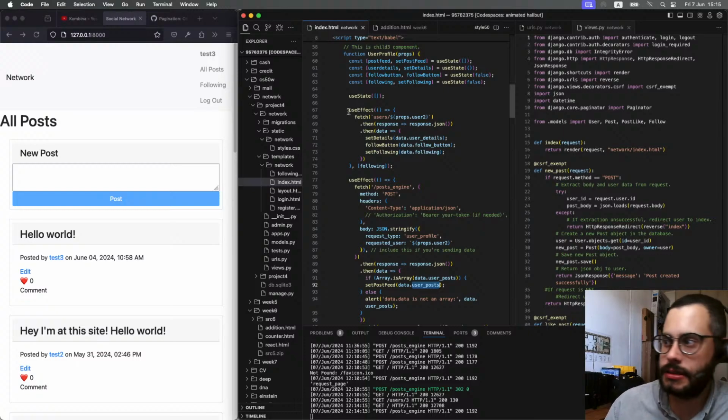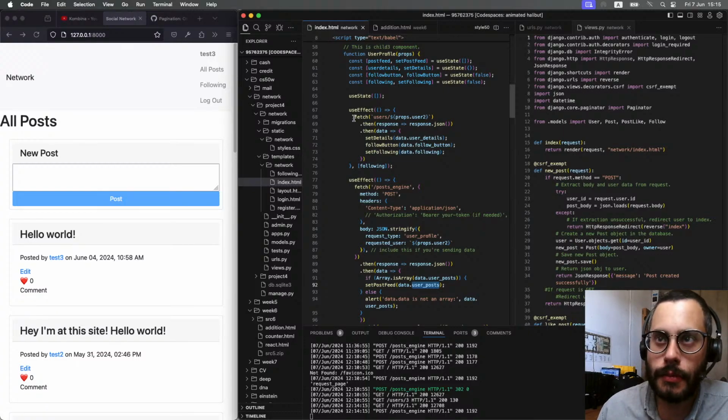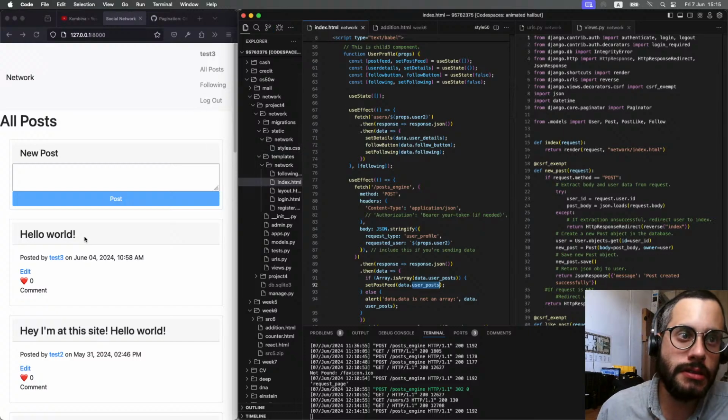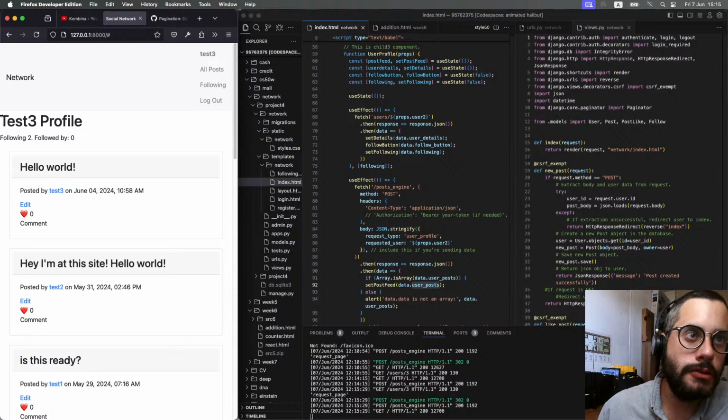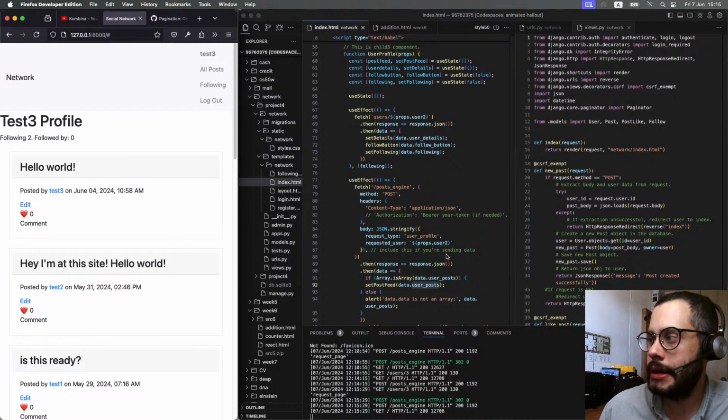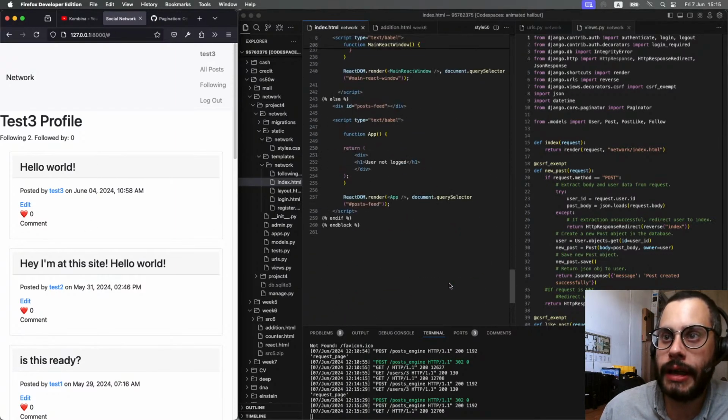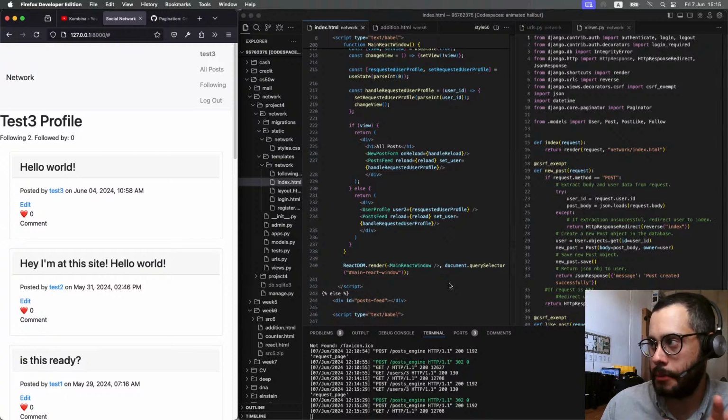Now I have two use effects. The first one basically just renders the top part, so just renders the information above here. And that's it. And so for all the posts, we want to only have one entity, probably in the whole app,